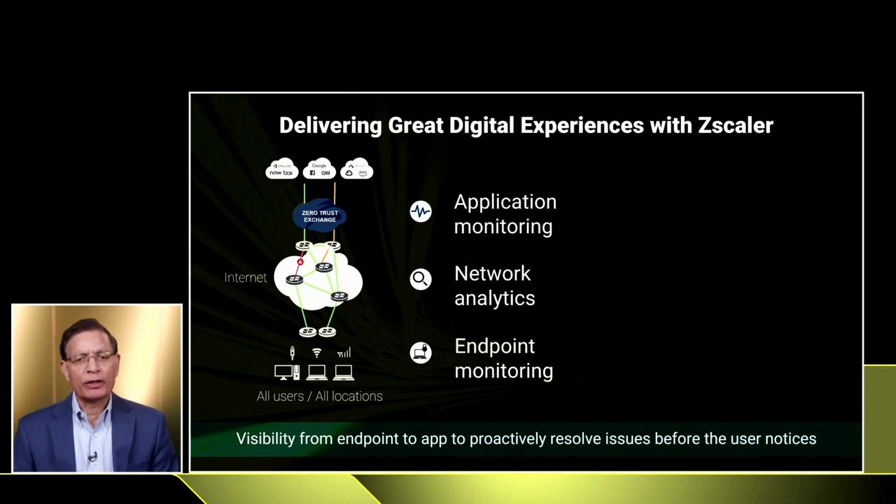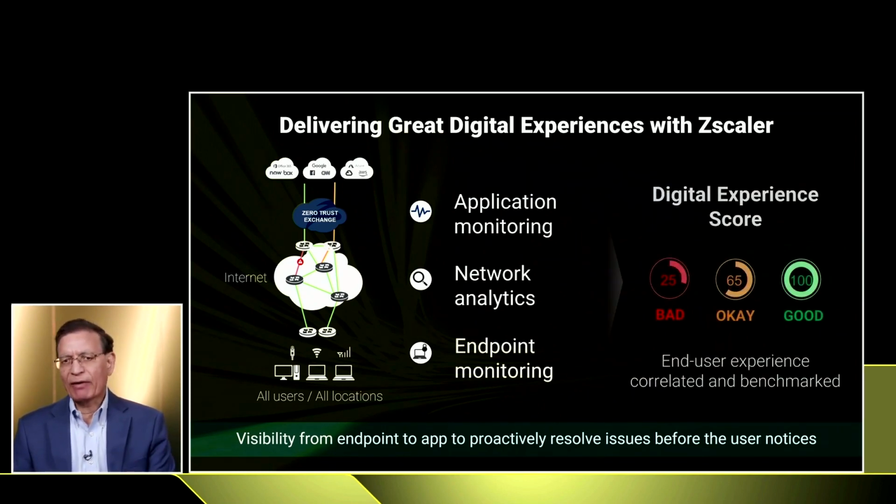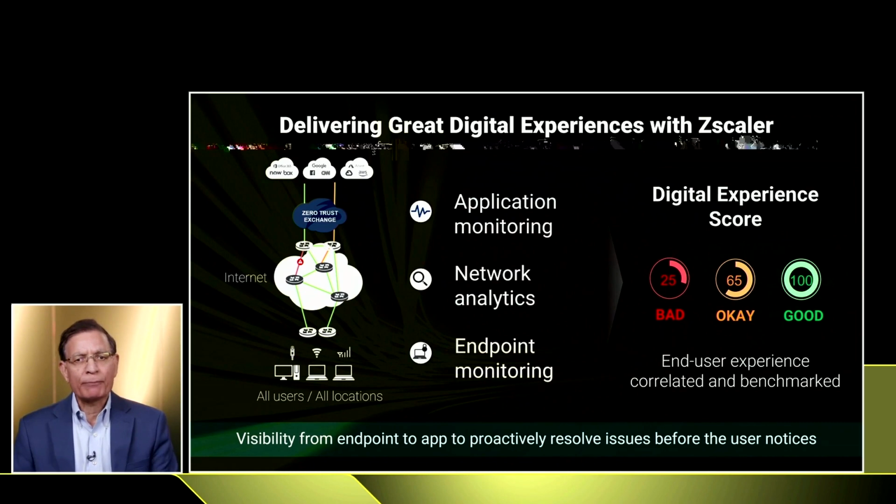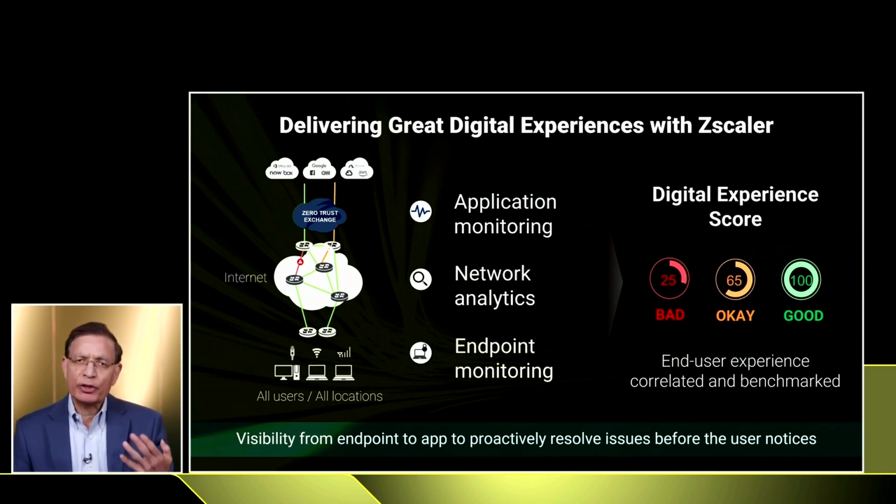And Zscaler was in a natural place, in a natural position to solve this problem. Why is that? Well, we're already sitting in the traffic path between the application and the user. The traffic flows through us for policy enforcement. So it was natural for us to start collecting telemetry so we could actually know if the endpoint was having issues, or the network was having issues such as packet loss, or perhaps the application was slow. So you must understand all 3 areas to provide full end-to-end user experience.